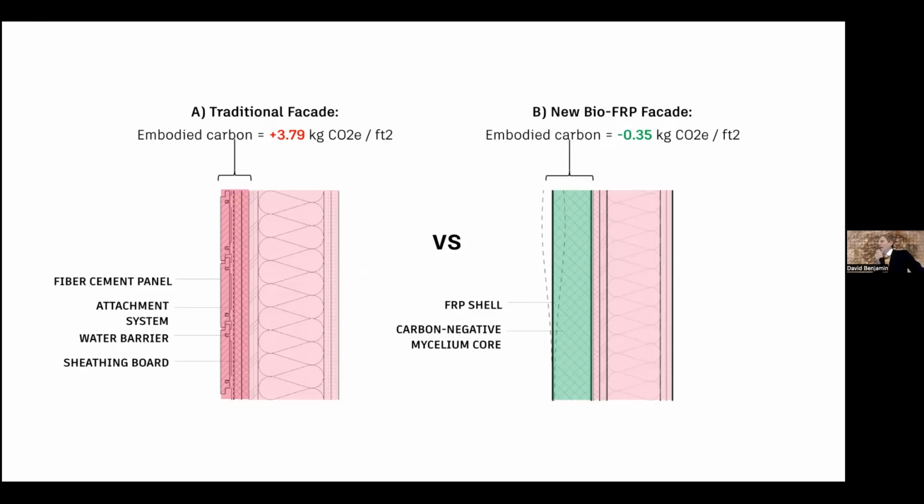So zooming in a little bit, this is how we think we can make a facade for a building that's going under construction next year, and make it carbon negative. So I won't go into the details, but if you look on the left, that's how we make this kind of facade today. Each layer has a little bit of pink, and each pink is a little bit of carbon. So every single layer, the waterproofing, the insulation, the structure has a little bit of carbon. But some materials require less carbon to produce than they absorb during their process of production.